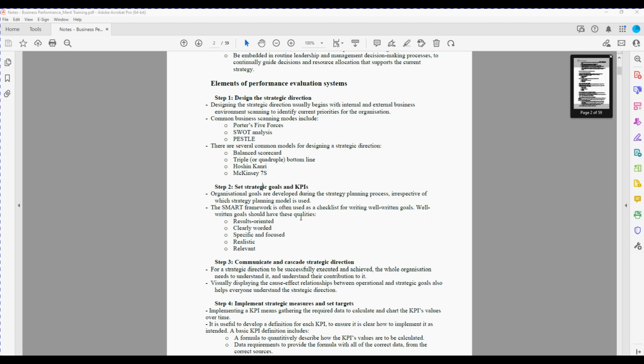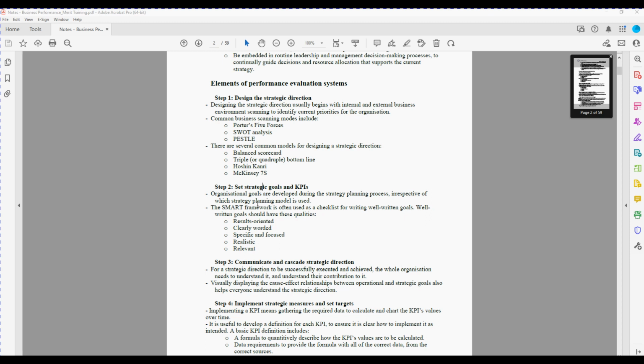Number four, is it realistic? There's no point setting goals which clearly no one's going to hit. It's okay to have stretch goals, but they do need to be realistically achievable. Otherwise, people are going to be disincentivized by this. And number five, relevant. There's no point setting targets about, let's say, ESG or culture if the whole strategy of the business is really just trying to stay afloat given a cash flow crunch. So we need to consider what is specifically relevant to our business and tailor our goals and KPIs to the business.